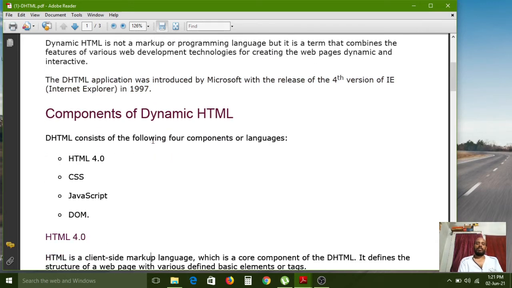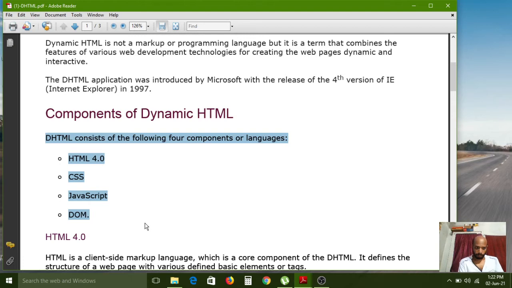Next, what are the components of dynamic HTML? DHTML consists of the following four components or languages.